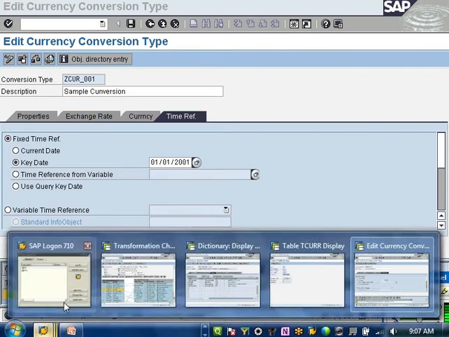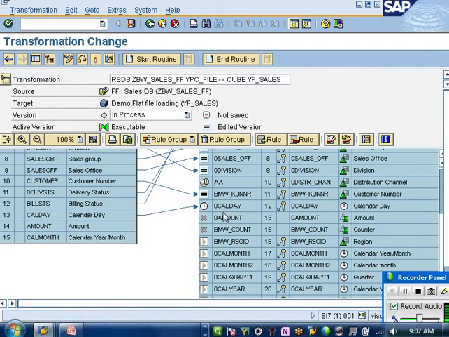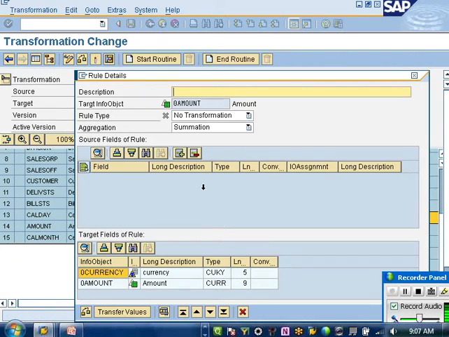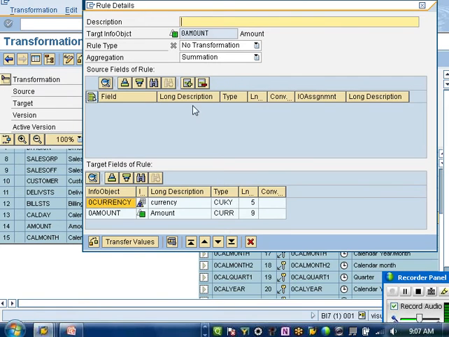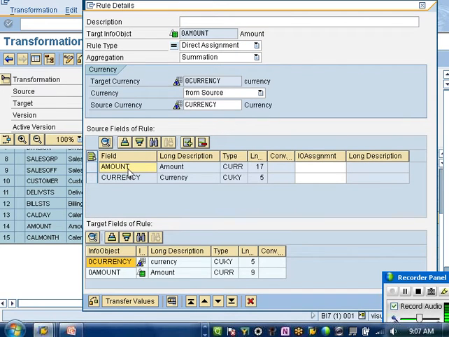Now I'll go to my transformations, to my amount. I'll add the source field. What is the source field here? I've got amount. Amount has a reference to the currency field, and this currency has to go into 0 currency, amount has to go to amount.